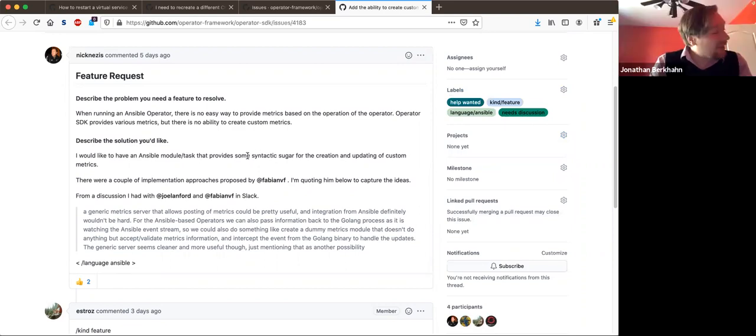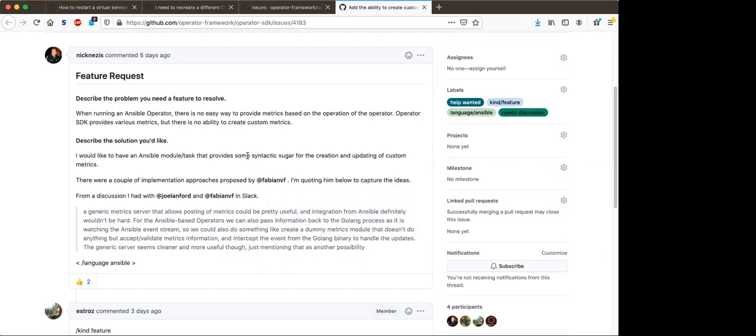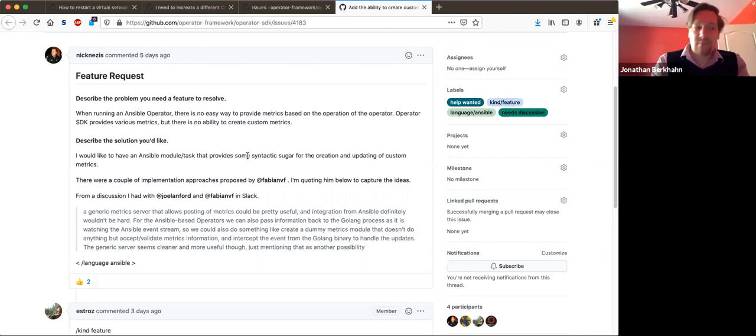Sorry, just to clarify, is this metrics into Ansible metrics, or is this making metrics from the Ansible operator come out through the normal Kubernetes metrics? The latter, I think. So it's a way for you to put in your Ansible playbook, set this metric to this value or increment this metric, and then for it to come out via the operator's metrics.